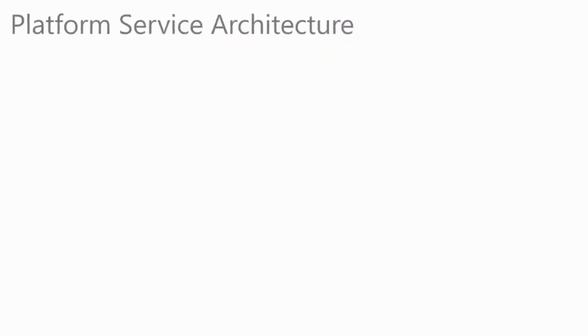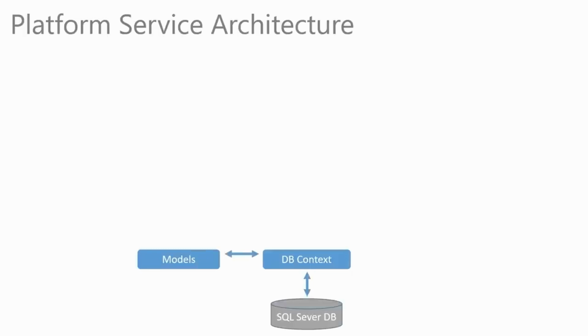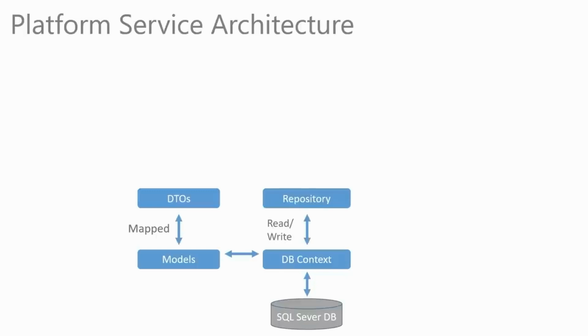Okay, so let's move on to taking a look at our service architecture. So again, we'll look at the main components that make up both our services. So we'll start with our models, our internal data representations. We'll have a DB context, which mediates those models down to our persistent layer, in this case SQL Server. We're going to make quite extensive use of data transfer objects, DTOs, which are external representations of our model data, and they're mapped, as you can see there, to our models. And we're also going to make use of a repository pattern, which just abstracts away our DB context implementation.